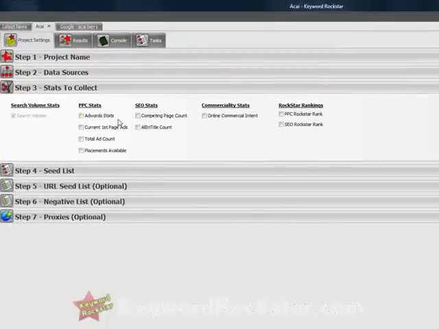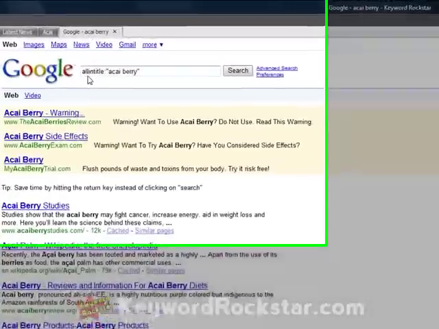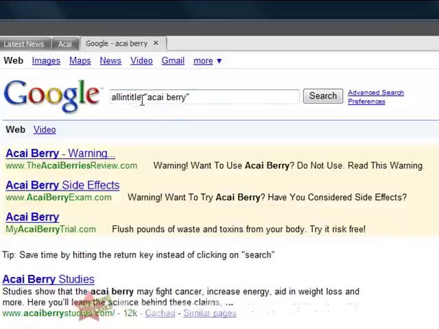First thing that you're going to notice, one of the new features is now you can get a new SEO stat called all in title, and this is a great measure of competition, from the SEO side especially. What that is, let me show you real quick. Basically, it's the same thing as if you put in the phrase all in title, colon, and then quotes and an actual keyword. So notice right now that prior to doing this search, just the term acai berry